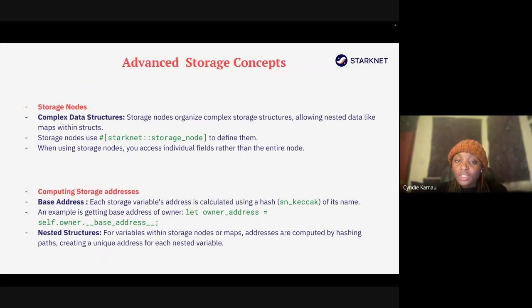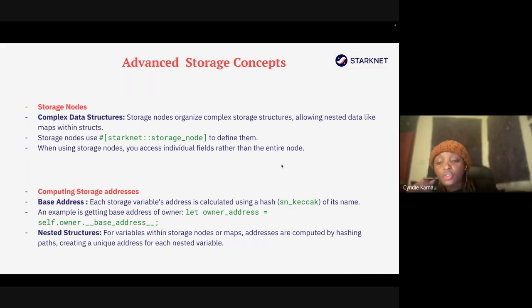This is an advanced concept which, because of the interest of time, we might not be able to go through now, but there's something we also call the storage node. Like I said, we have the simple data.